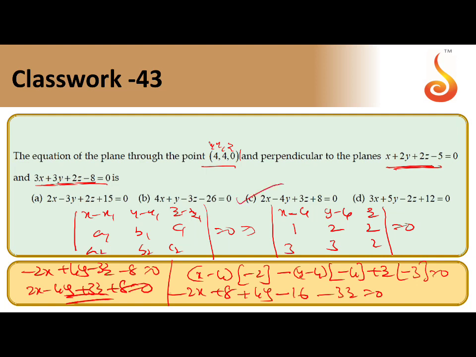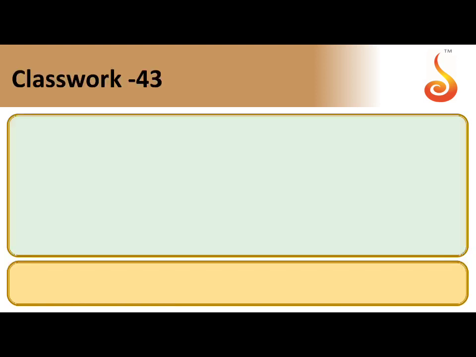So what is the equation of the plane? x minus x1, y minus y1, z minus z1, a1, b1, c1, a2, b2, c2 equal to 0. So now we can use the formula and simplify to get the answer. Clear? The planes chapter and lines are most important, so don't neglect any question. Check the answer. Answer C is correct.